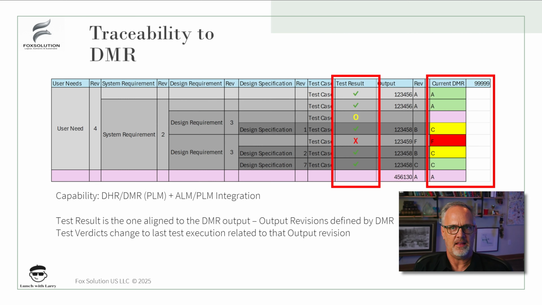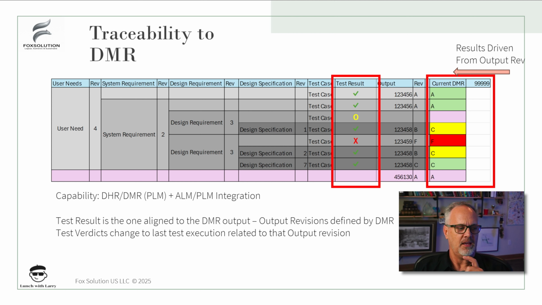If we specify the DMR, which is really a precise SKU, and we say, okay, what are the revision levels of each one of the objects that are part of that bill of materials? In this case, we might have this kind of revision set that's associated with the DMR. Well, it's going to be a different revision set than the current revision set. And not only that, if we ask what is the last test result that's associated with that revision of the output, we get a very